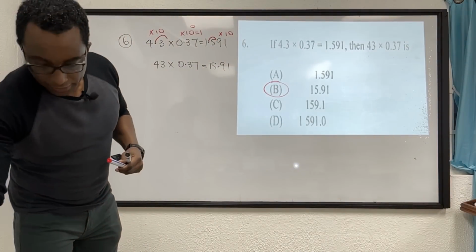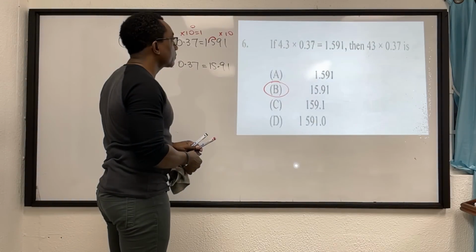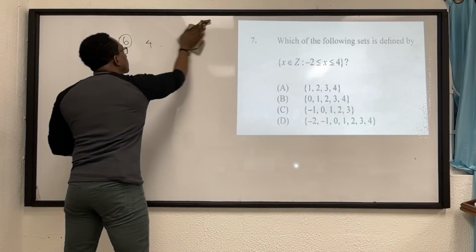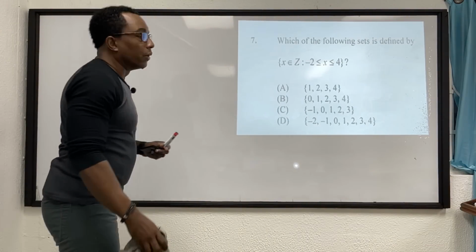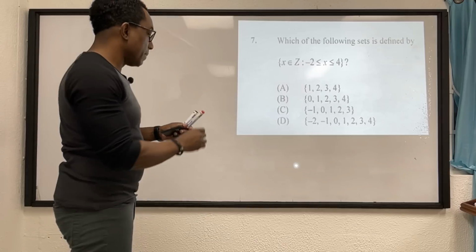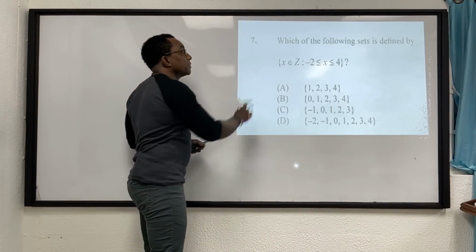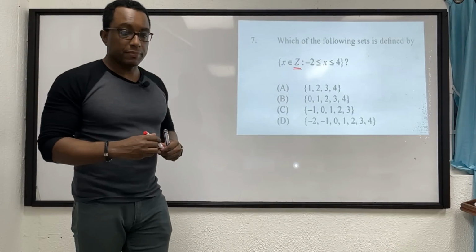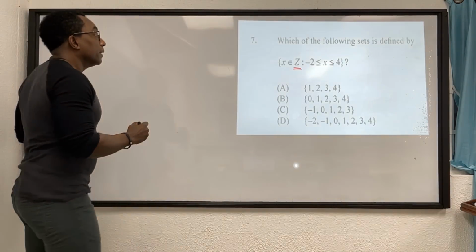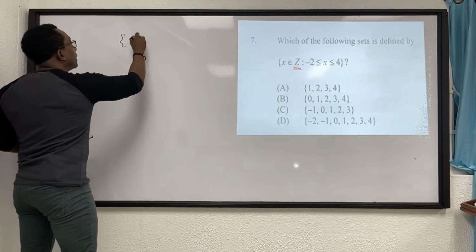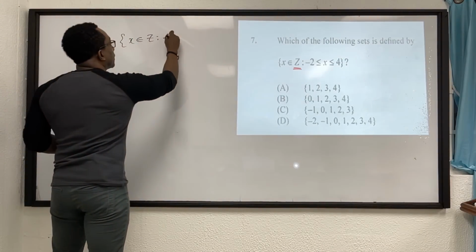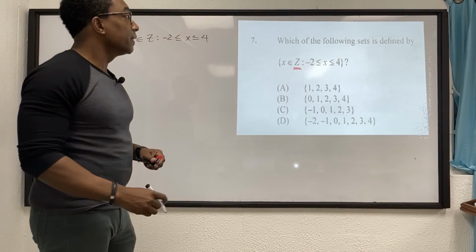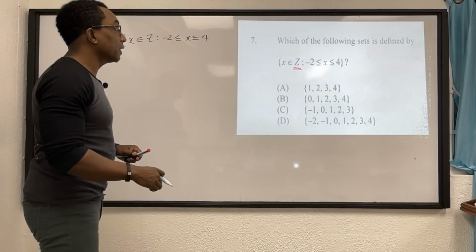Let's move on to question 7. Which of the following sets is defined by x belongs to Z? Z of course represents integers. Integers are both positive and negative numbers. And if we have to indicate which of the following sets is defined by that set notation, it's called a set notation,